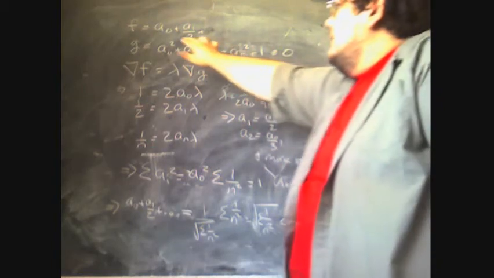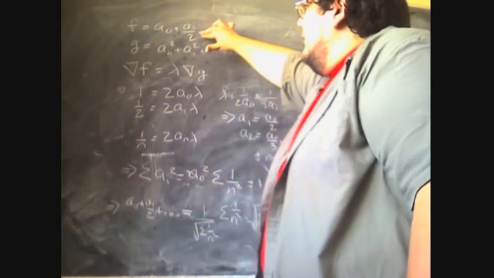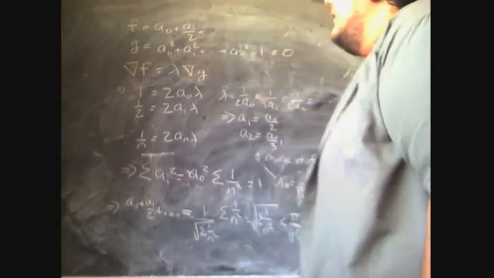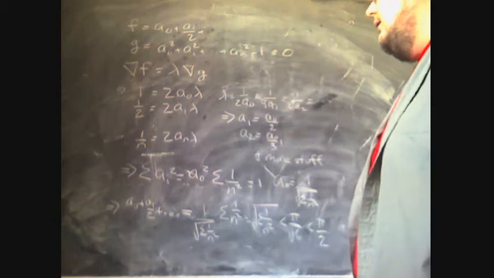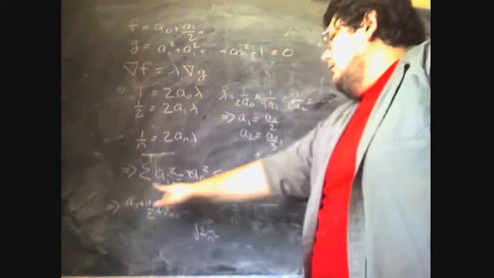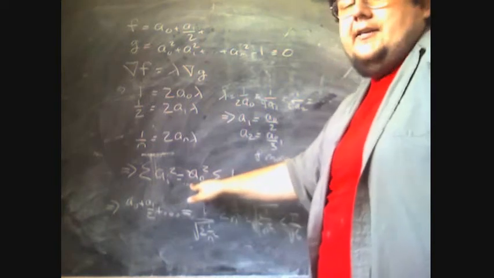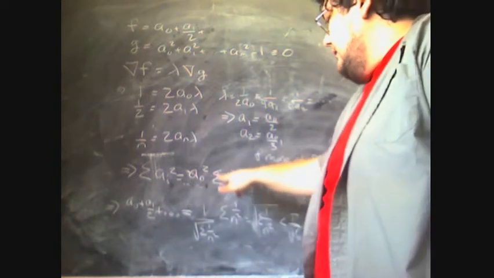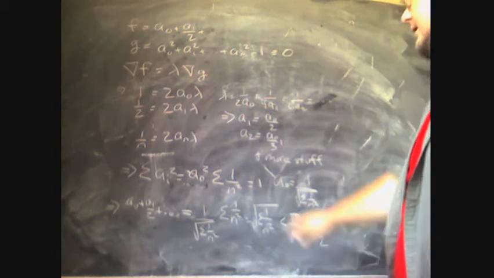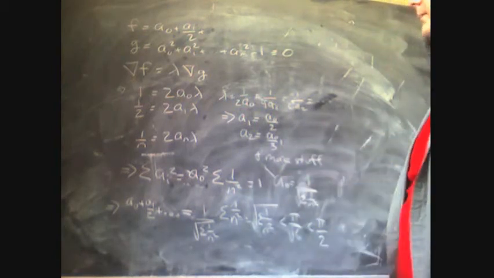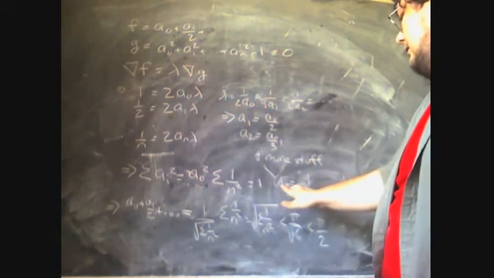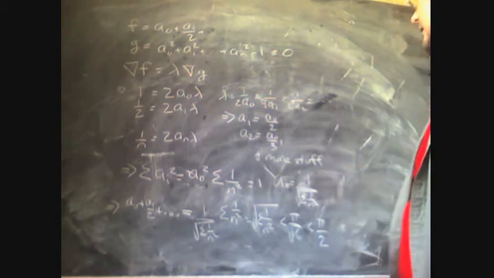So now we have a0 plus a0 over 2 plus a0 over 3, etc. The other thing to remember is that the sum of our squares is 1. So bringing that out, we can factor out the a0 squared, and we just have our 1 over the sum of n squared again. This is a finite sum, so it's not quite our pi squared over 6 yet. But that tells us that our a naught should then be 1 over the square root of the sum